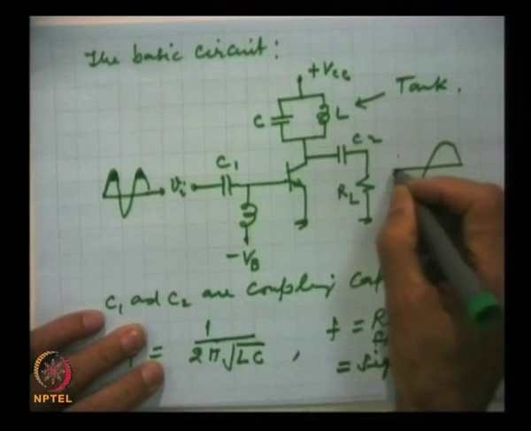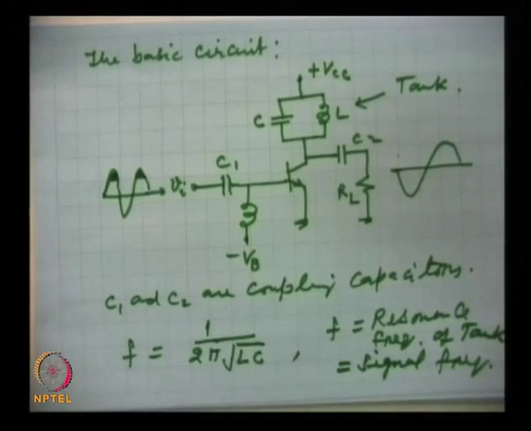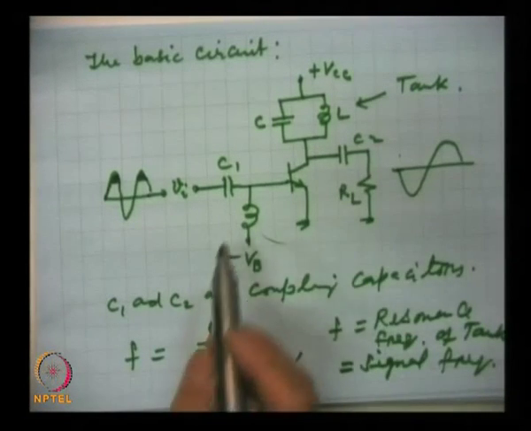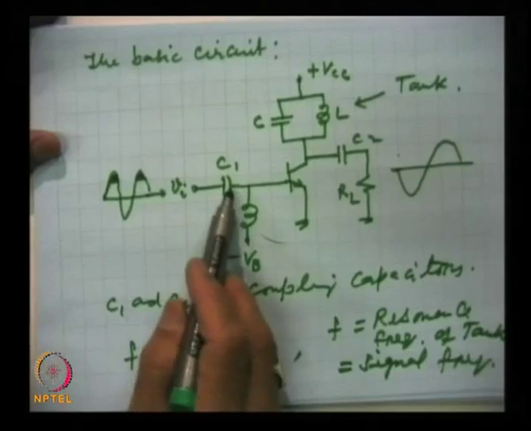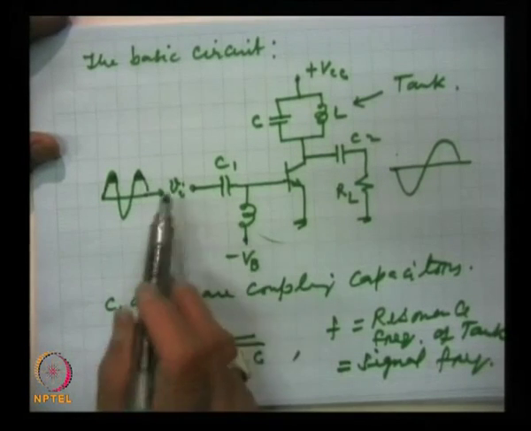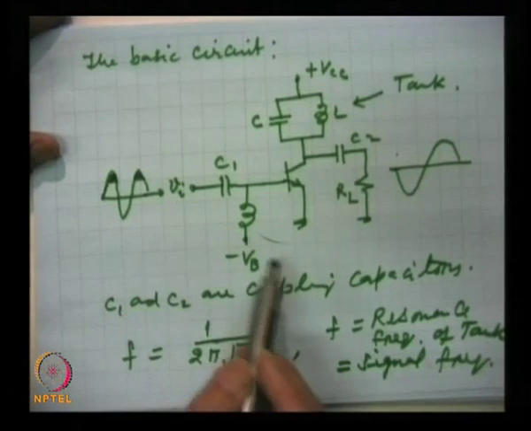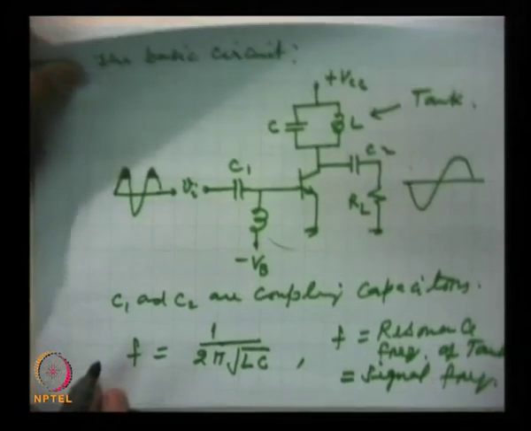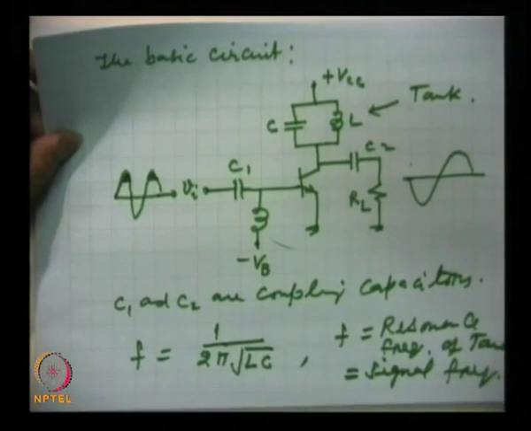You remember that in the CE amplifier there was a phase reversal. So, the phase reversal is obvious here too. This is a common emitter circuit, as I said, because we are feeding the input at the base with respect to ground, and we are taking output at the collector with respect to ground. So, this way the continuous pulses will occur.